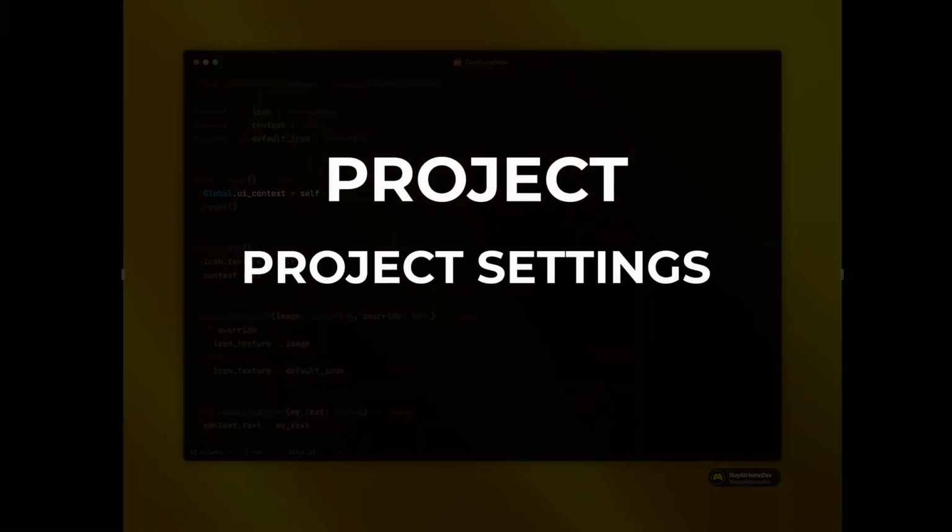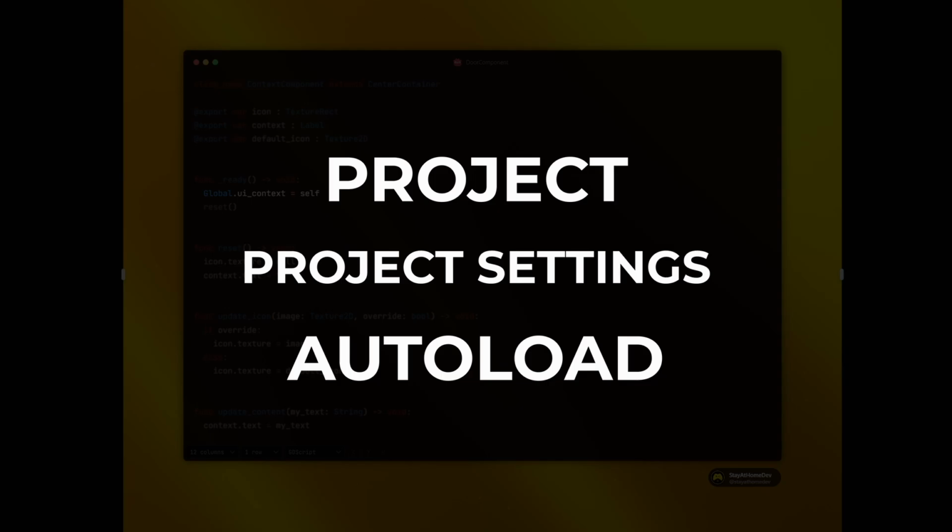We need to create a global reference to our context component. If you don't have a global script, you can add one by going to Project, Project Settings, Auto Load, and add a new script. As an auto load, this script will be available to reference in every other script. In the global script, add a UI context variable, then in our context component script, assign self to that variable